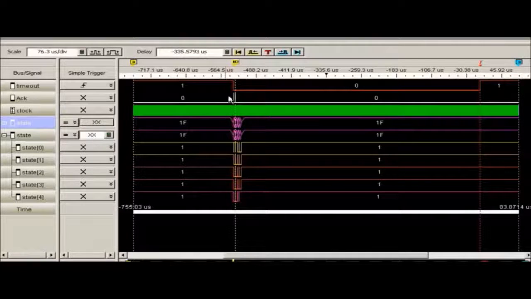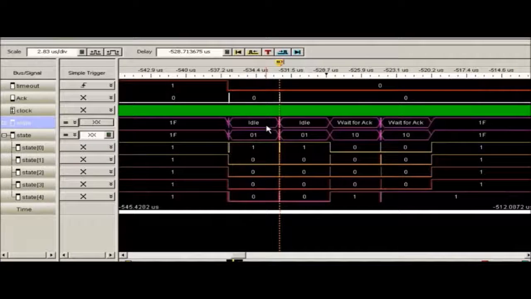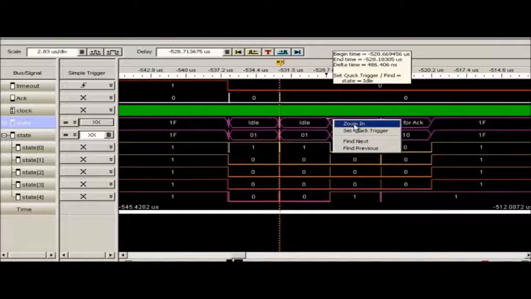Here's the state machine, here's the acknowledge line, and I can now zoom in to see what is happening in this design. I see a burst of the state machine with an acknowledge, a second burst and an acknowledge, a third burst, and now something's gone wrong. No acknowledge signals coming back. But if I zoom in here